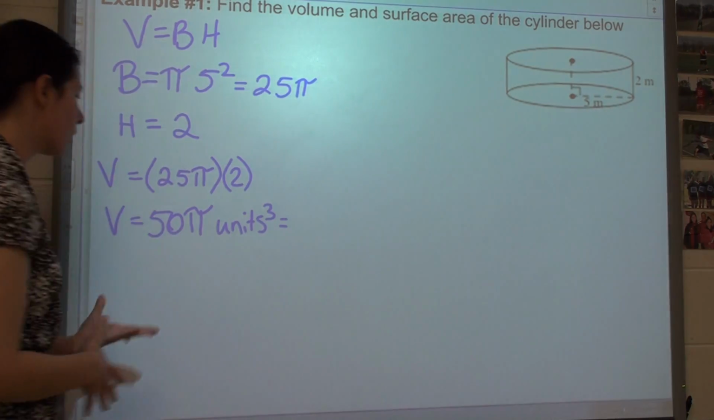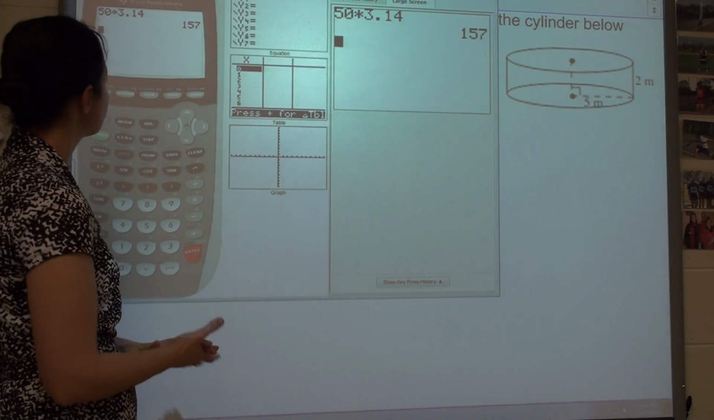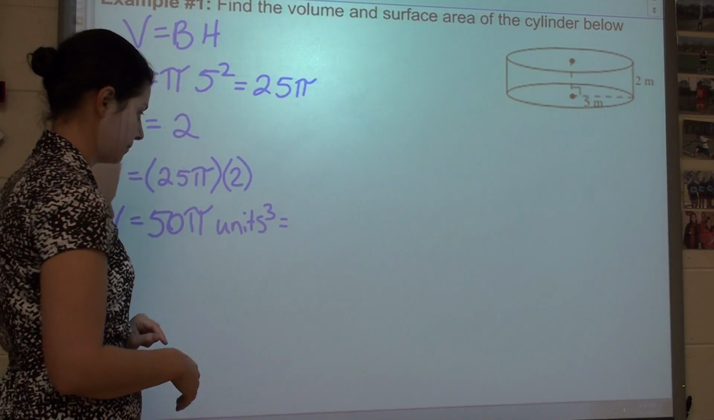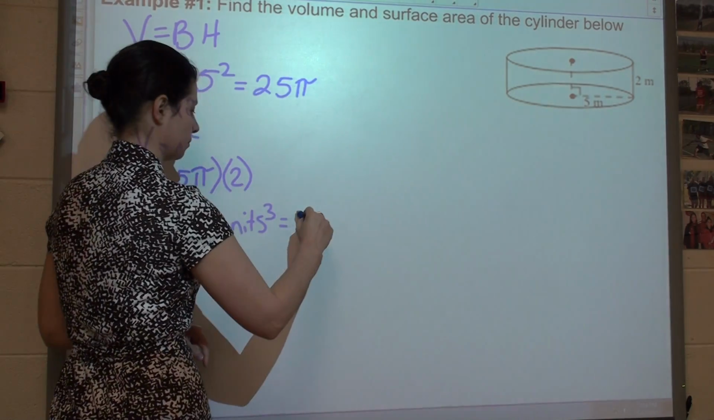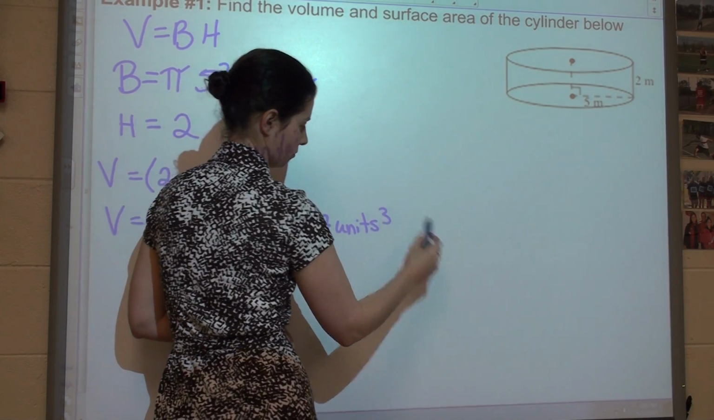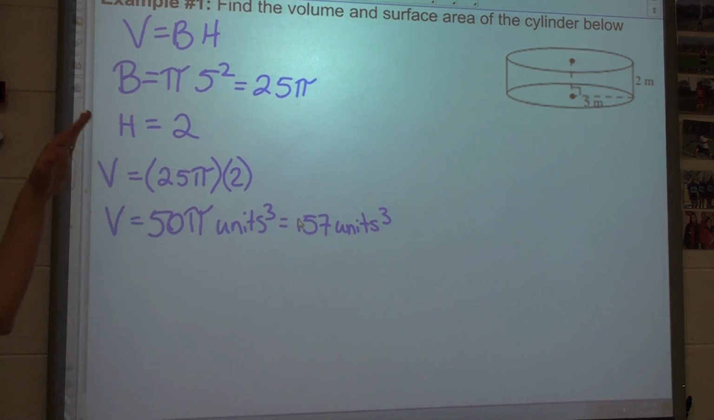Now some of you are probably going, I like to multiply by 3.14, and that's fine. So if you go ahead and multiply 50 by 3.14, you're going to get 157. Alright, so that's the easier one. For surface area,